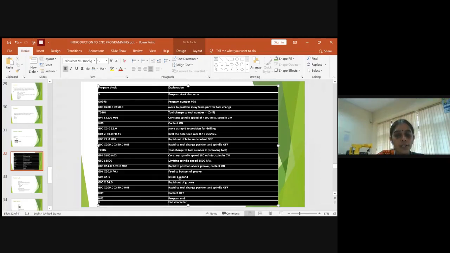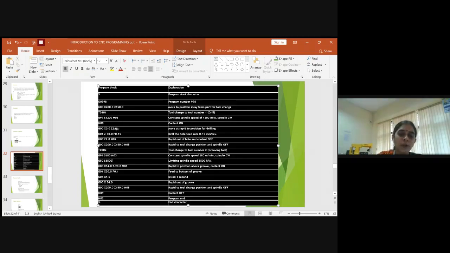So once the operation is done, you have to remove the tool away. For that, you have to go for rapid traverse, right? So you will provide the rapid traverse and give the value of X as 54. So from the reference 00, it goes above 54 mm positive away from the workpiece, because you are using rapid traverse. So the grooving operation is also over.